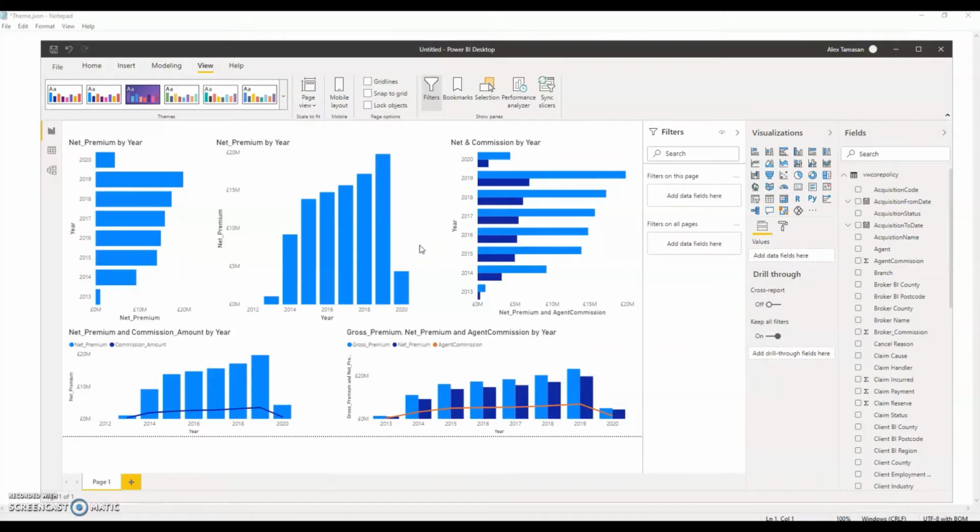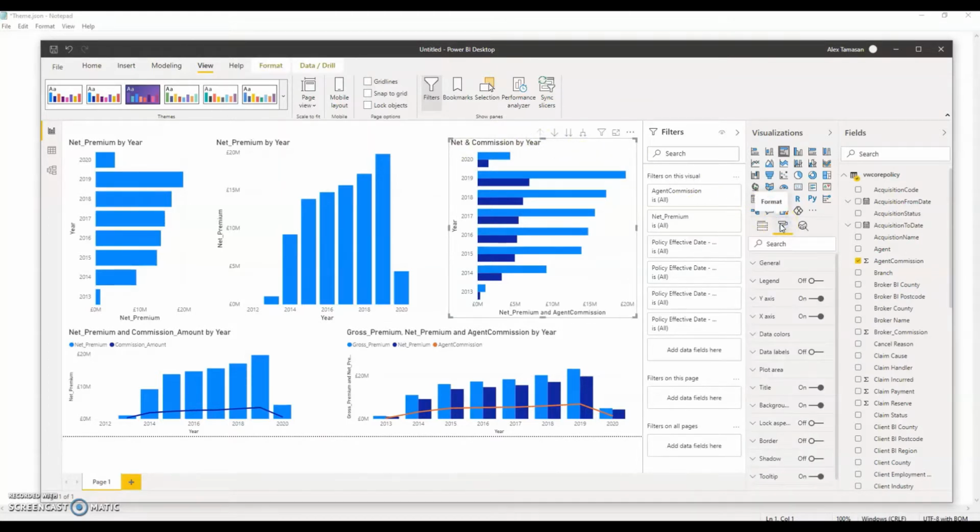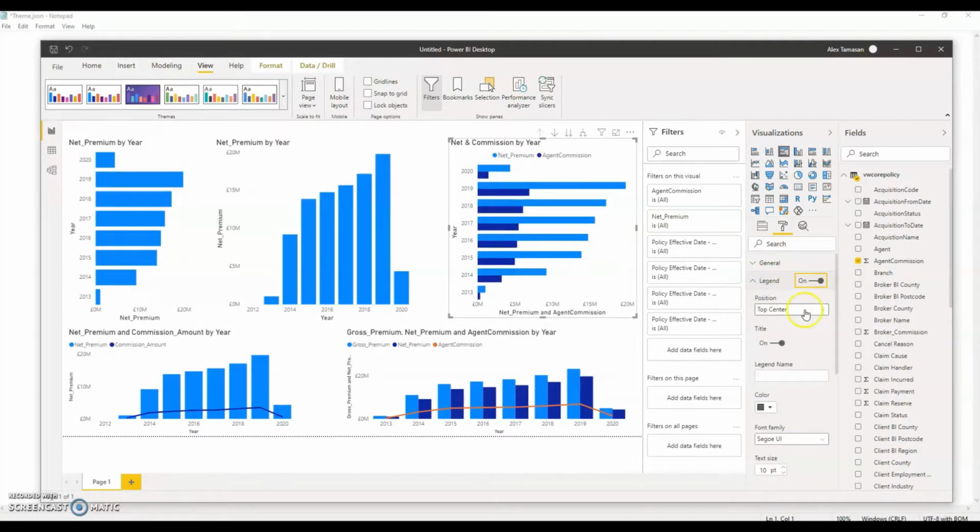We are now going to format bar charts. In order to format a bar chart, we need to select it, and then we need to go to the format page. Here, we can format and amend a number of options, including the legend, and we can turn it on or off,